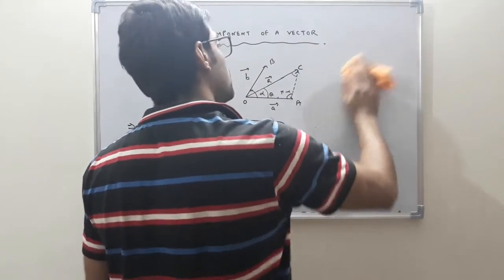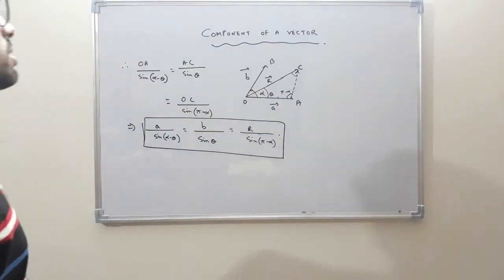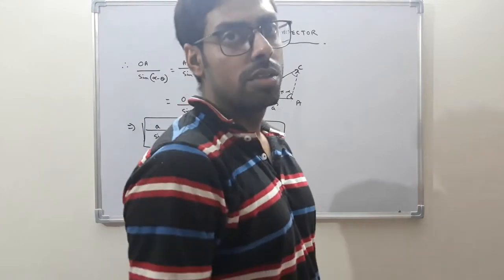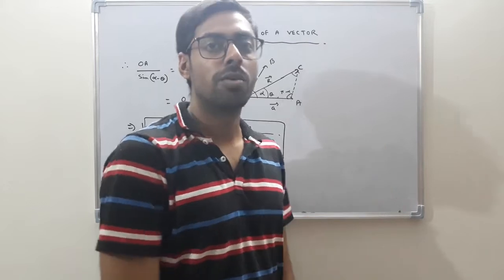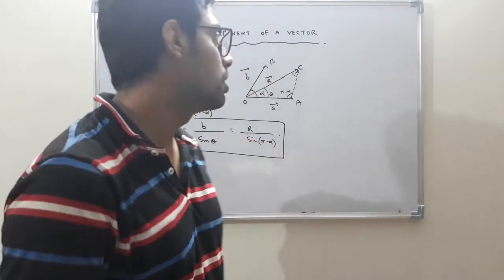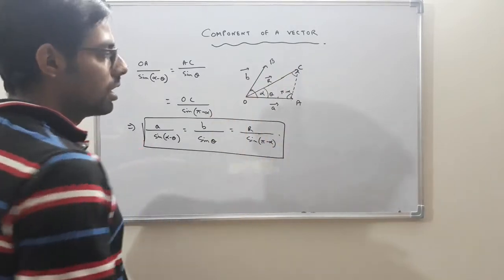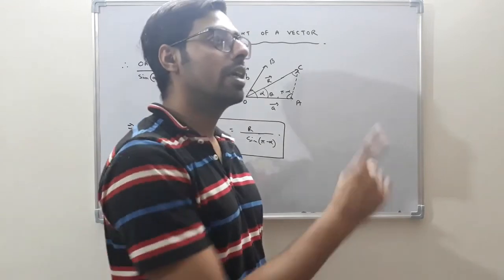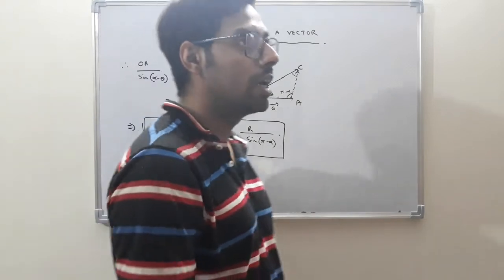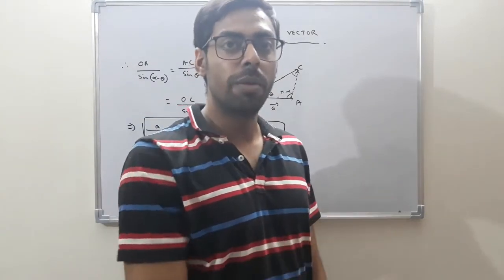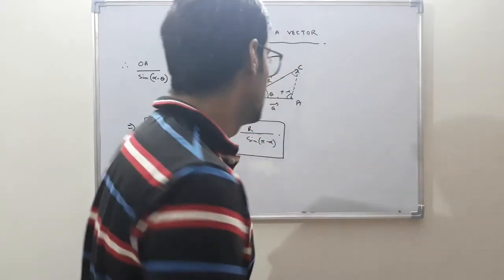Now you will find out in several cases that we are taking the rectangular components. We are resolving a vector into its rectangular components. So here, these are the components of R vector, no doubt, A vector and B vector. Now, if you are asked to find the rectangular components of R vector, the rectangular components are those components of a given vector which are mutually perpendicular to each other. That is, the rectangular components of a given vector will be mutually perpendicular.